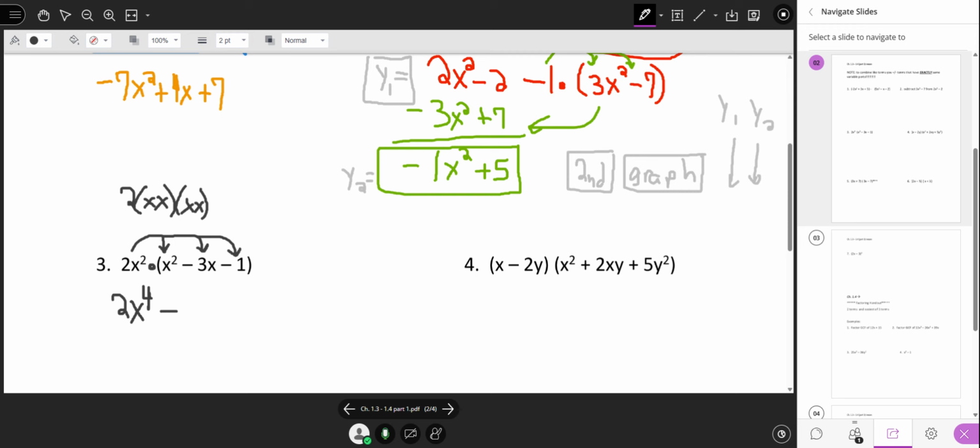And now, let me erase this thing, because I got something new here. I got 2x squared times 3x. Well, 2 times 3 is 6. And how many x's do I have? I got 3 of them. And then I got a minus. And 1 times stuff is